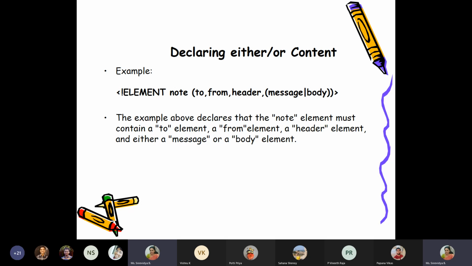Another XML document with note having to, from, header and body is also valid, because the fourth child element is either message or body. A slash symbol is used to separate those two tags, and then either of the tags or elements can appear in your XML document. Make a note of this, declaring either-or content.